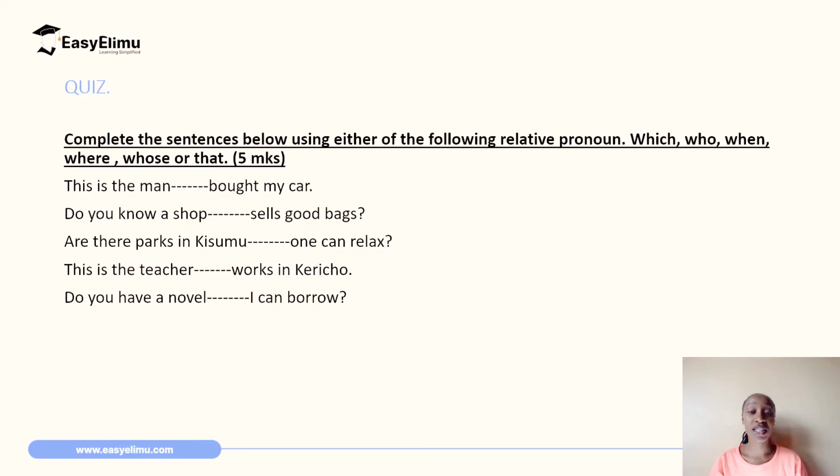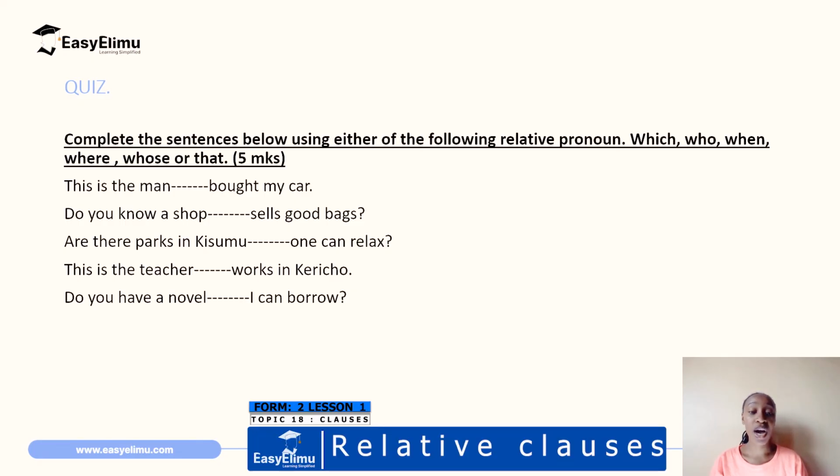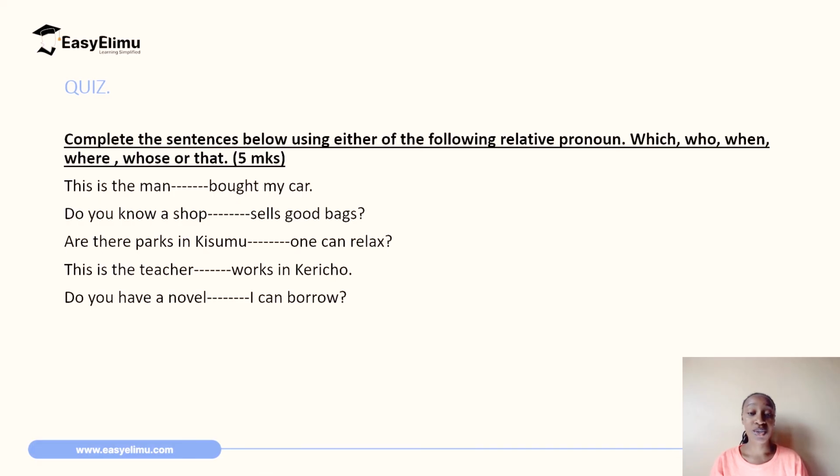Complete the sentences below using either of the following relative pronouns: which, who, when, where, whose, or that. So I can do one, then you will do the rest. Do you have a novel dash I can borrow? So what is a novel? Is it a thing? Is it a person? Is it an animal? That is the first thing you ask yourself, so that you can know which pronoun to